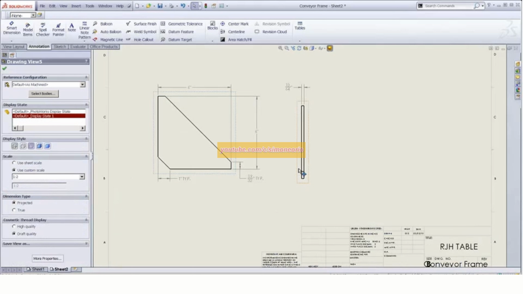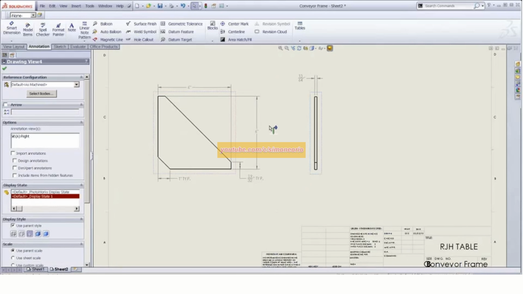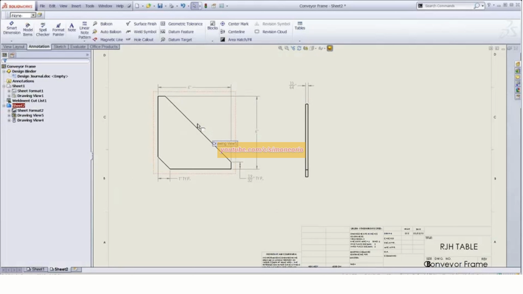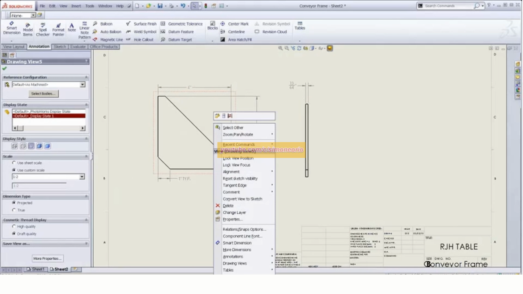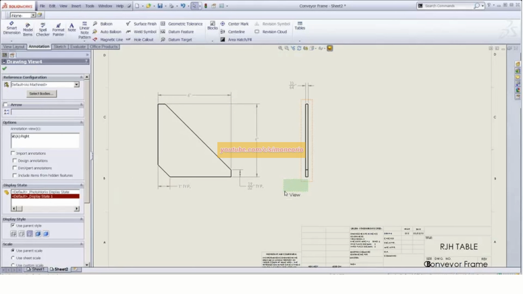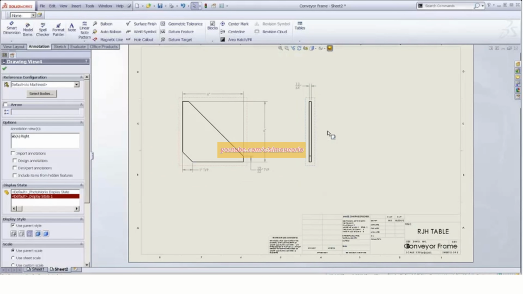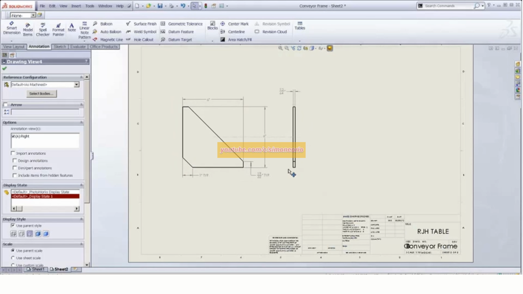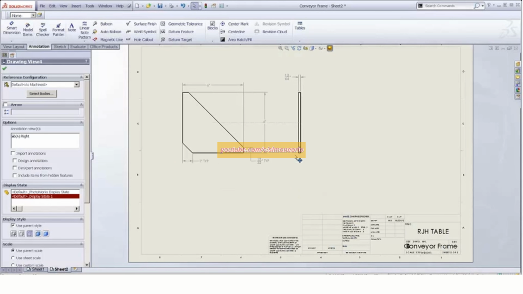Now, the only thing I see happen occasionally here, notice how it basically kind of disconnected. We can right-click, alignment, align horizontal. These have the same origin here, and we can get those two lined up. So that's the only thing occasionally I see with projected views when you move those over. A lot of times, like a detail view is just a single thing. In this particular case, when we move those over, they temporarily become disconnected. So we just got to slap those alignments back.